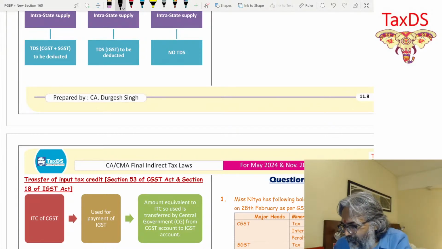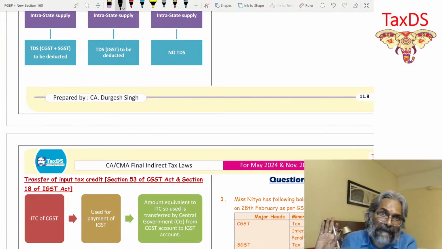Students, I'll see you then in tomorrow's session. Tomorrow evening, this topic is over. Saturday, tomorrow, is over. TDS and TCS, two sections are only left. So questions are there; we'll solve them. And then on Sunday, we'll start place of supply. So please do these two questions. It's very important before you step in for the next class.